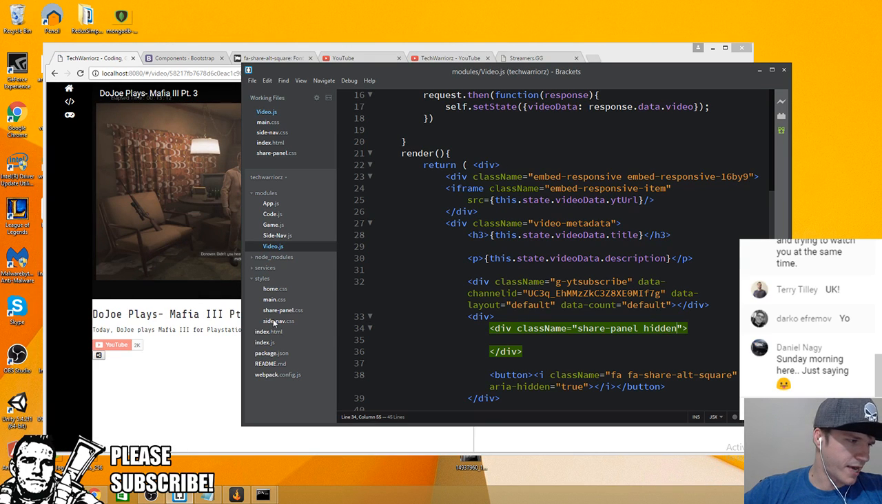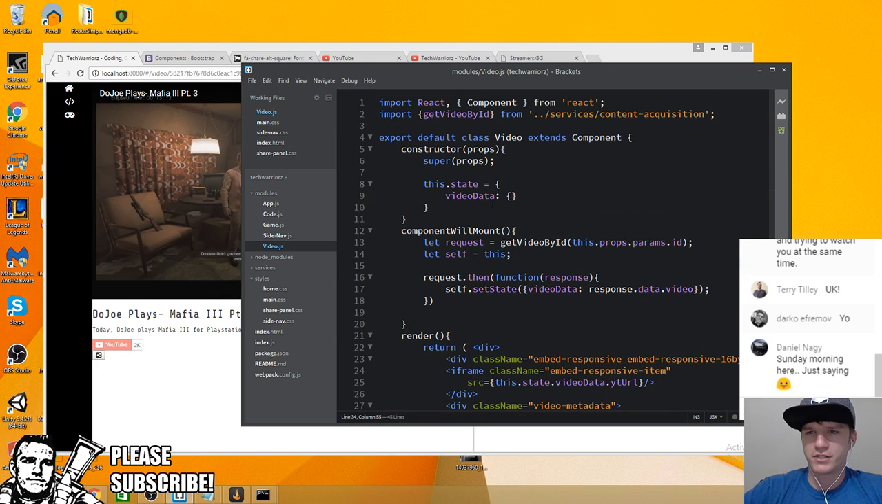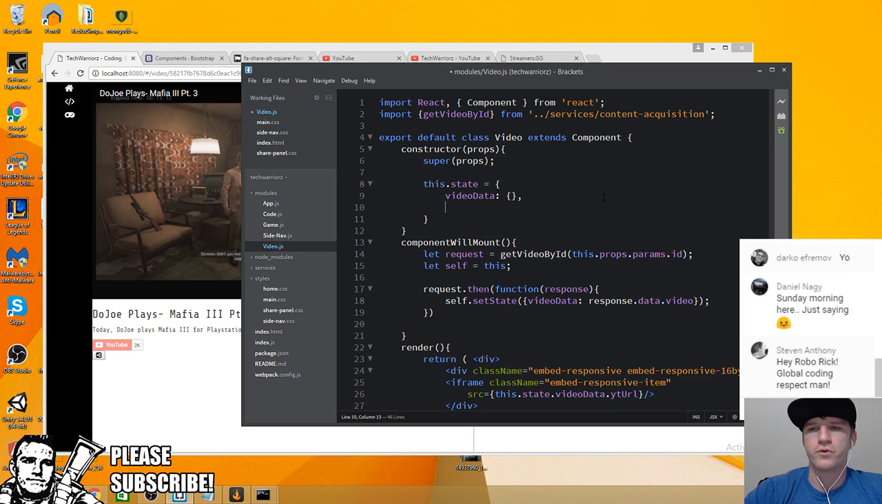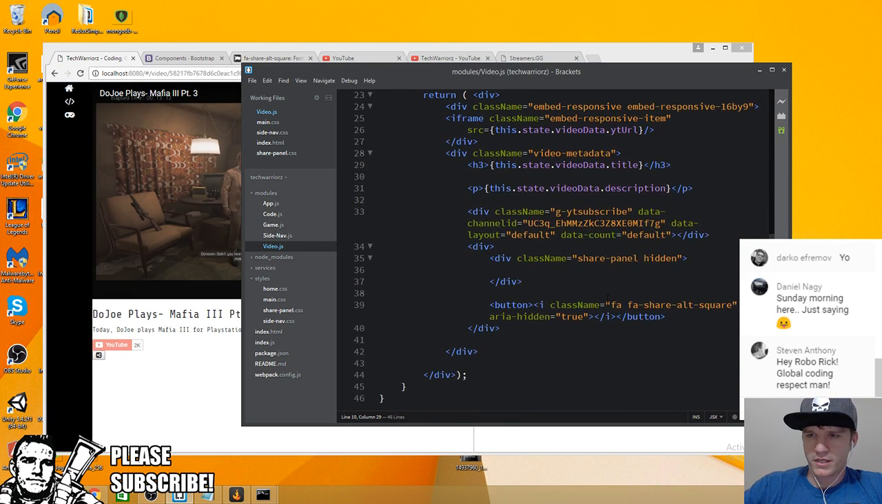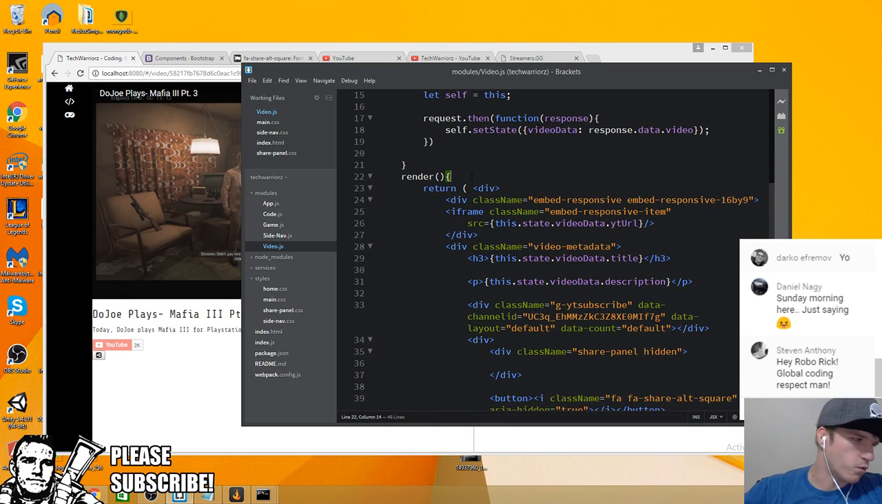And boom, so you can't see it. So now let's go up here, and what I want to do is create a Boolean called isSharing, and I want it to be false. Okay? And then right here when we're rendering, before anything is done,